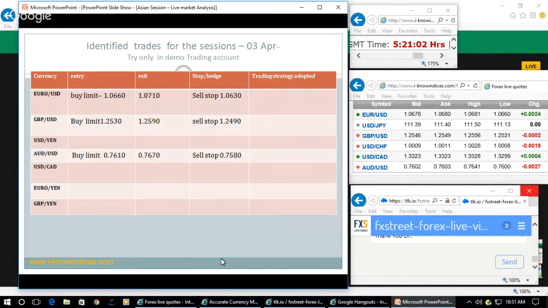Your recommended trades are given here. Try it in a demo trading platform so that once you understand how exactly the forecast works, and later on if you commit in a real trading account also, you should use the hedge order to limit the risk and maximize the profit using a trailing stop in a profit making position.